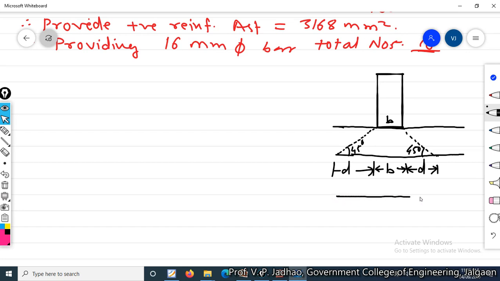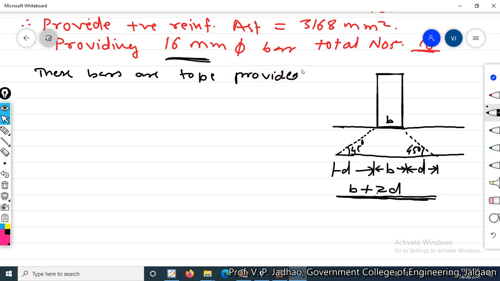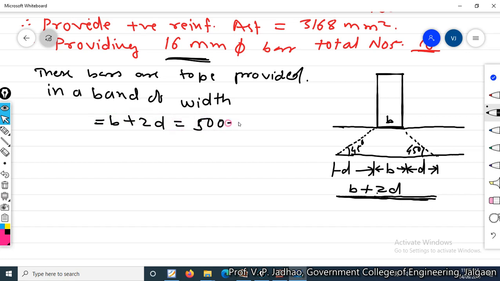These 16 numbers of 16 mm bars will be provided in this band, having total width equal to B plus twice D. Therefore, these bars are to be provided in a band of width equal to B plus 2D, that is B equal to 500 mm plus 2 into